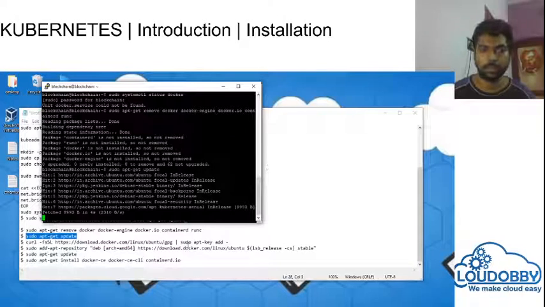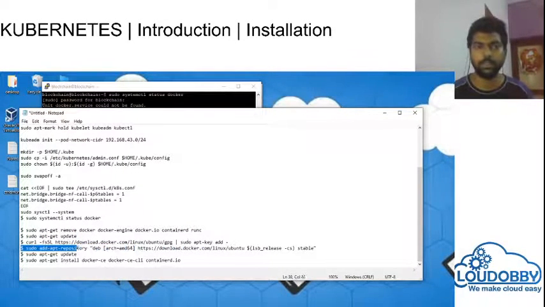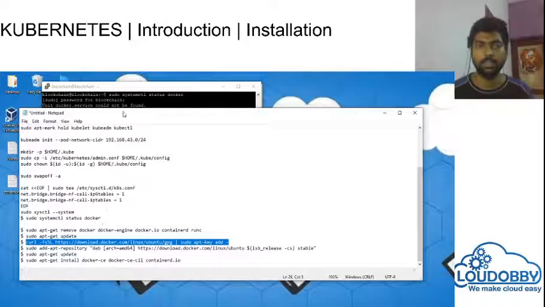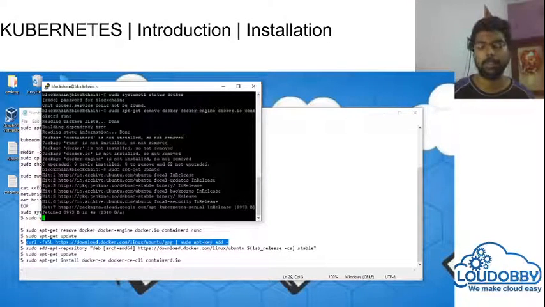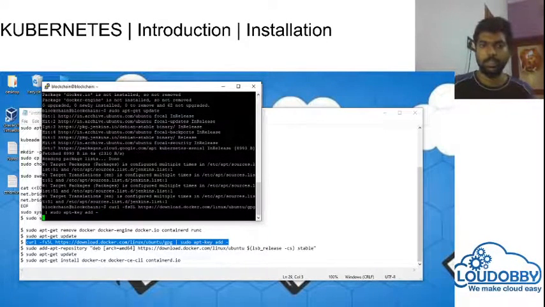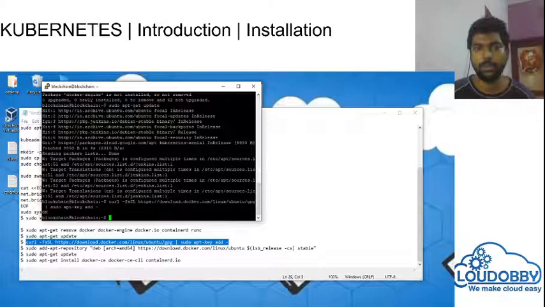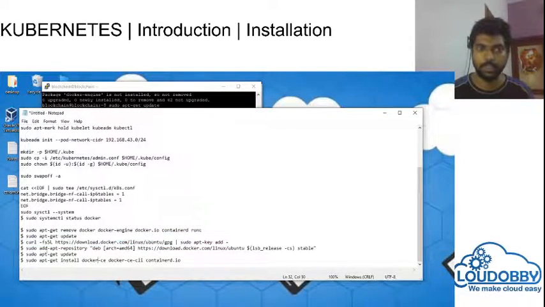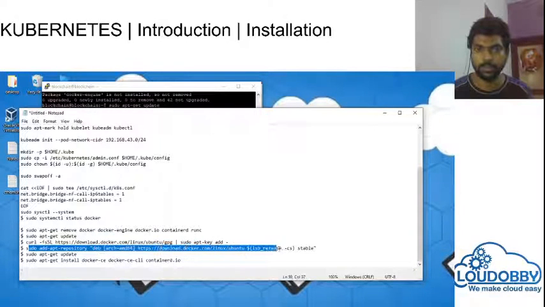Now I will try to do the curl and fetch the Docker package. This will also now ensure how to install the Docker. This is the prerequisite for running Kubernetes, because Kubernetes is just going to manage your Docker containers. Okay. So now I'm going to run curl the package. It is the same way how we did it for Kubernetes. Now it says OK. Then sudo apt-get install.